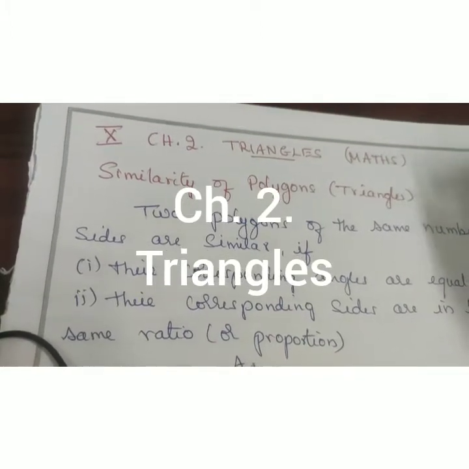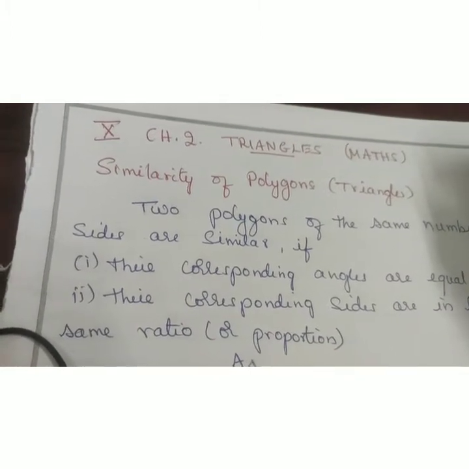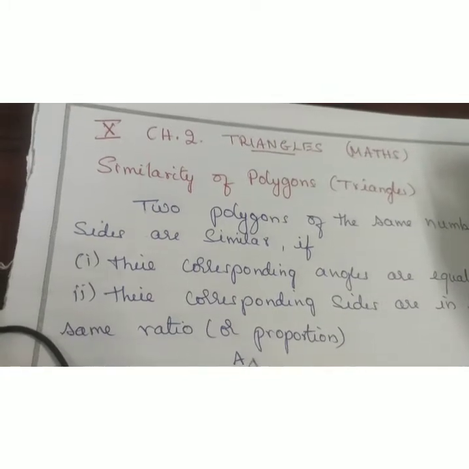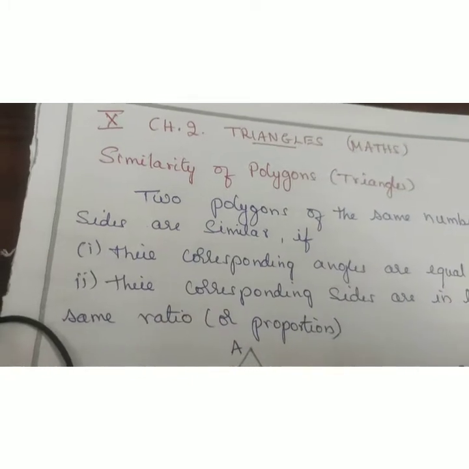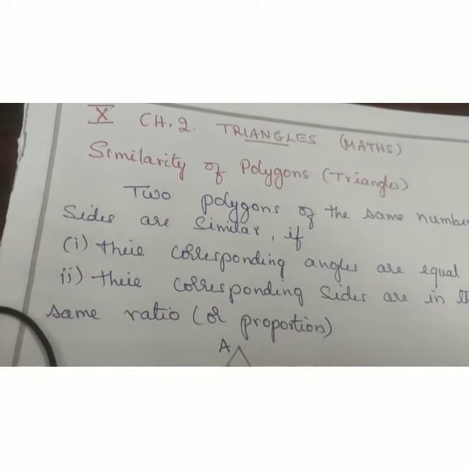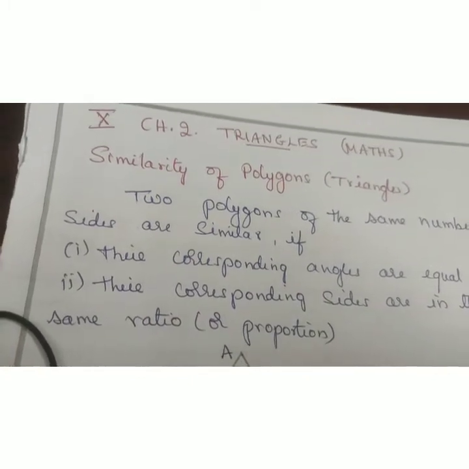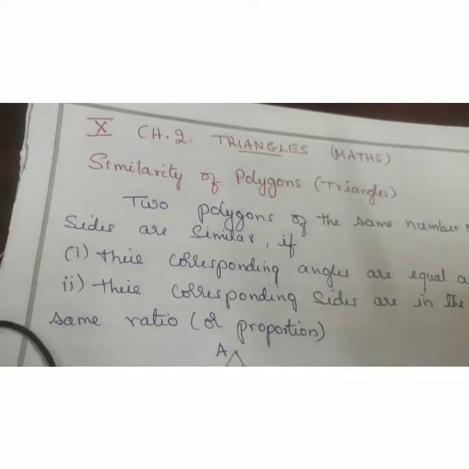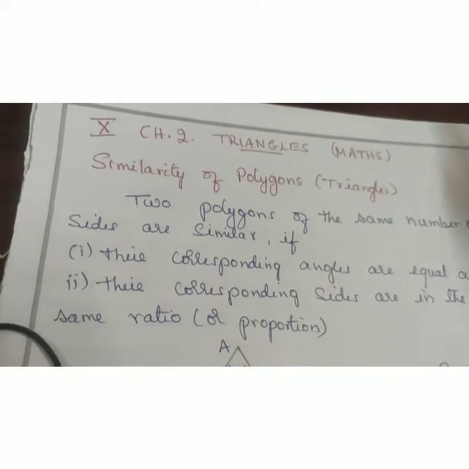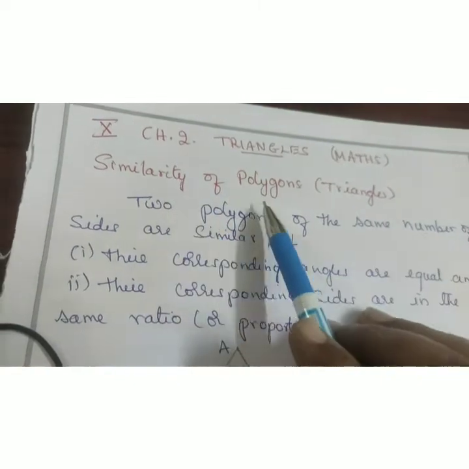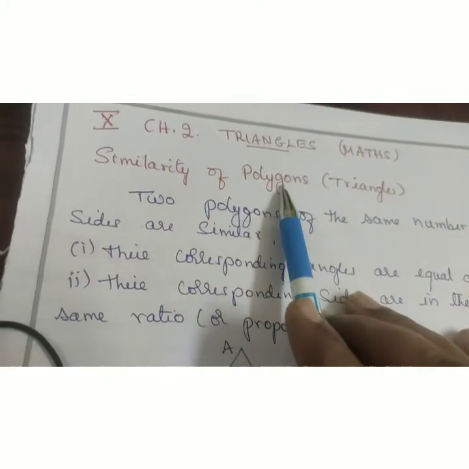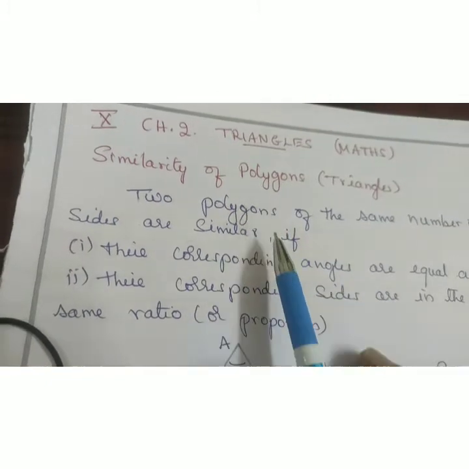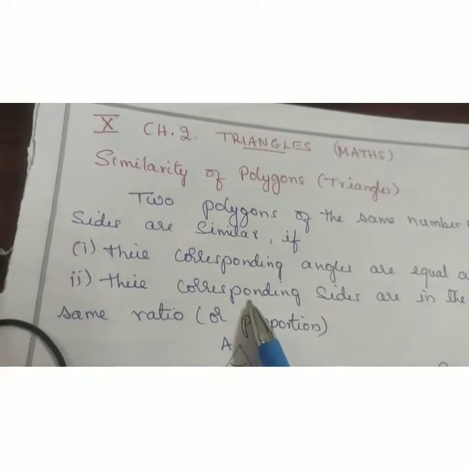At present we are learning and solving the problems of chapter triangles in geometry, and we have defined in our previous class regarding similar figures and congruent figures. And let us now define the similarity of polygons. When can you say two polygons are similar? If and only if they satisfy these two conditions.